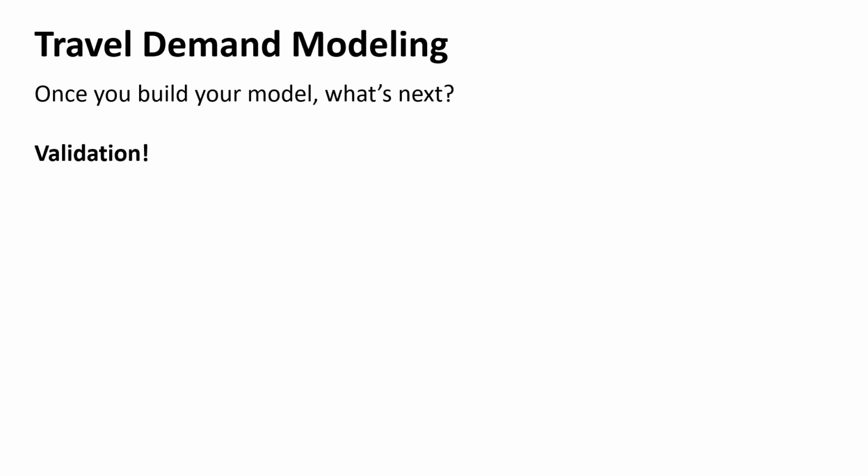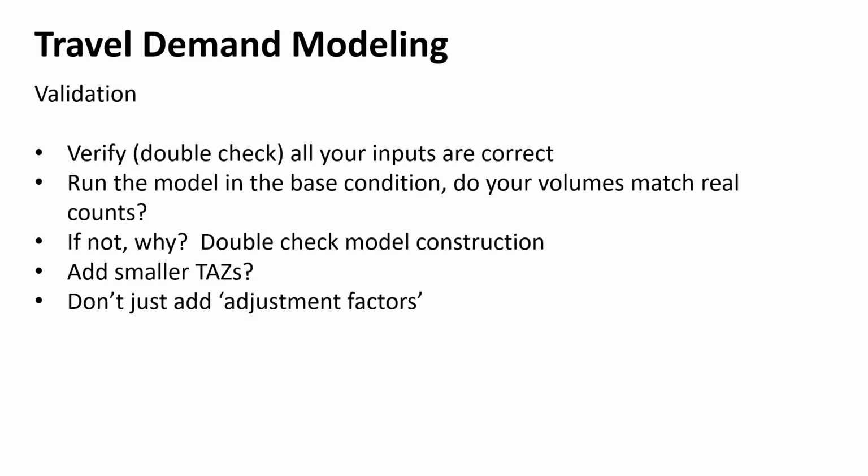Once you build your model, test it and run it, the next thing is we have to do validation. You have to make sure that it's working well. In our validation, you're checking that you're seeing the traffic and the numbers, the residential numbers and so forth, and the number of trips that you would expect from a zone. If you've got a very low density housing area, but it has a lot of trips being generated out of it, you might want to check. Did we mess something up? Is there something not set right here?